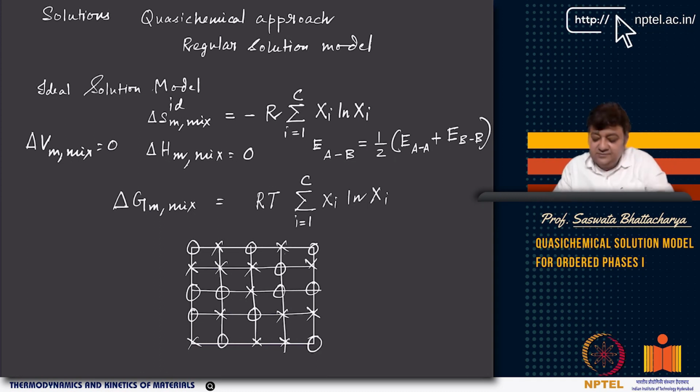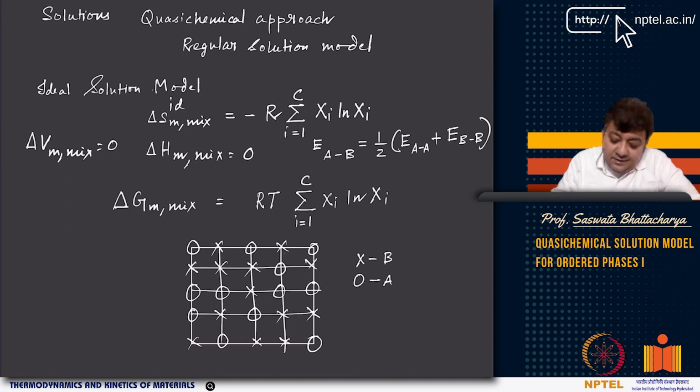Because this is like a giant molecule and it's repeating, and in this giant molecule, what are the interactions that are possible? They are AB interactions, AA interactions, and BB interactions. So if it's a binary solution, these types of interactions are possible. Let us call cross as B and circle as A, then you have three different types of interactions. Now, if you look at multi-components, for example A, B, C, D type of components,